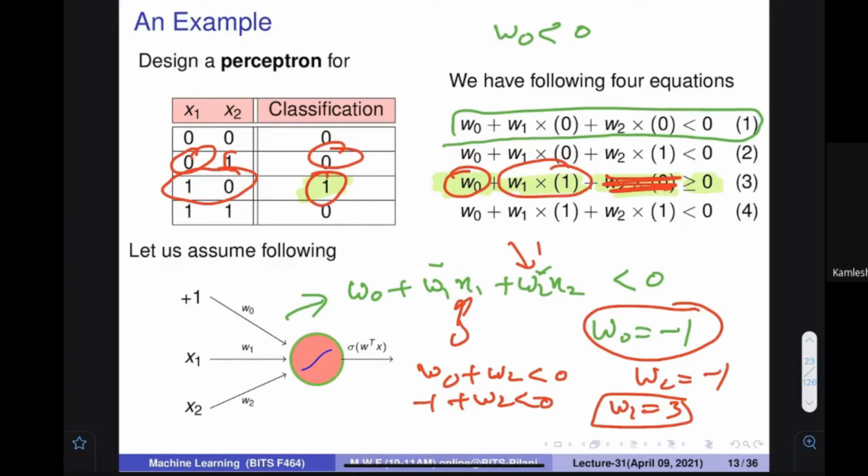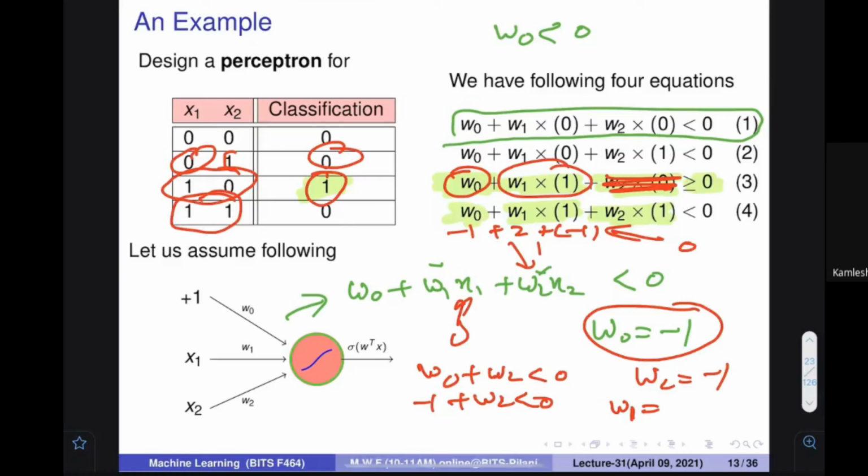Third equation, let's see, if you are not satisfied, I have to take 1, because W0 is equal to -1, and I need a positive value. So let me say that W1 is equal to 2. What is the fourth equation? 1 1. It gives me this representation: W0 plus W1 into 1 plus W2 into 1 is less than 0. We have picked some values. This is -1, and this is +2, plus -1 we have also taken for this. It becomes 0. So this is not a good thing.